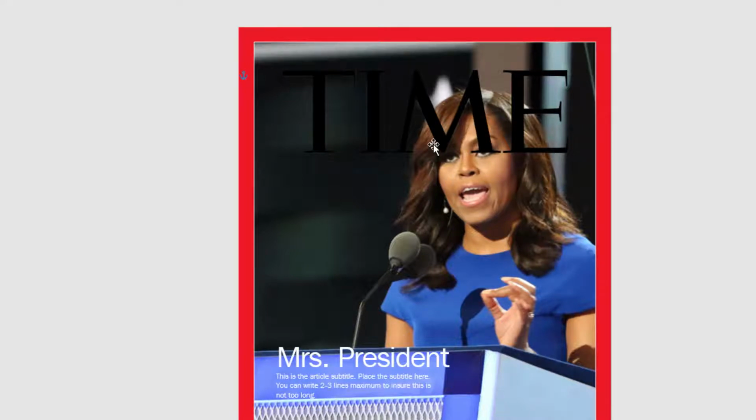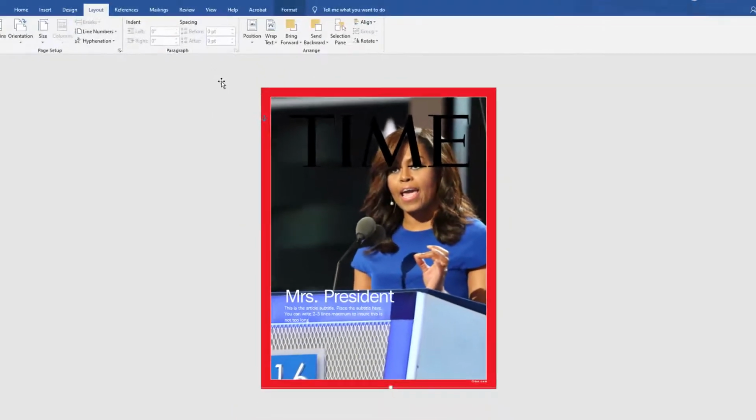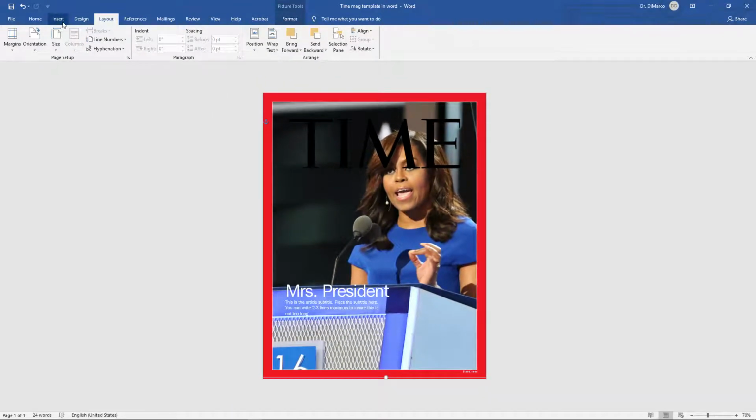Okay, so let's get back to the logo here. We need to change out this logo. I'm not going to delete it yet because I want to bring in the new logo and line it up perfectly. Then I'll get rid of this logo. So what we're going to do is go to Insert,